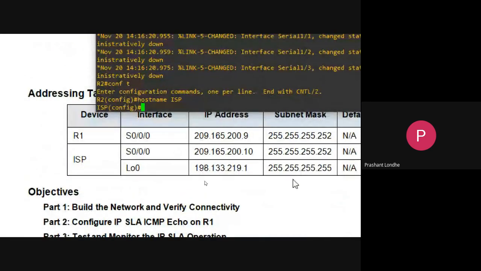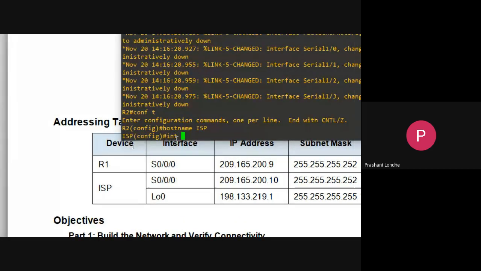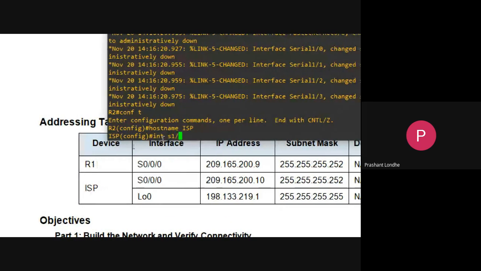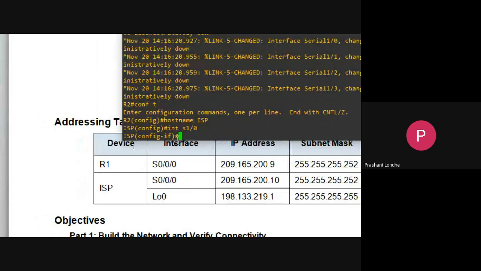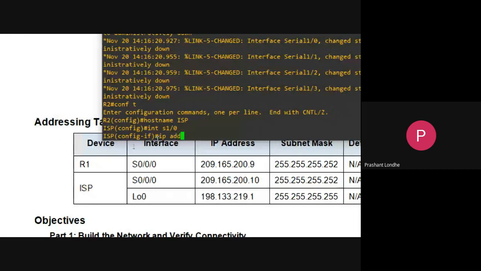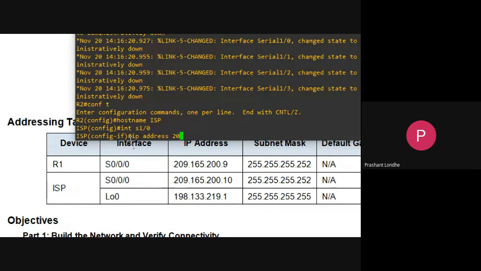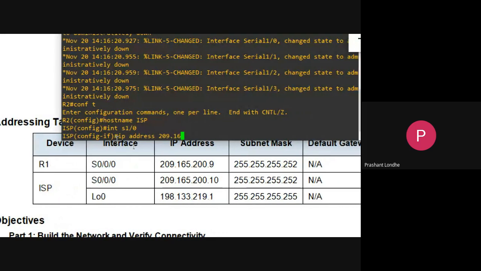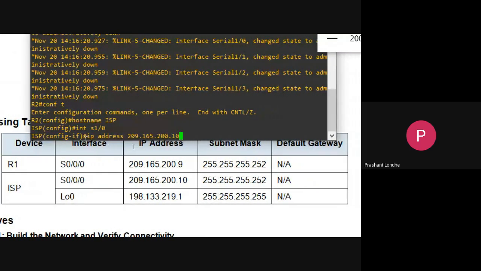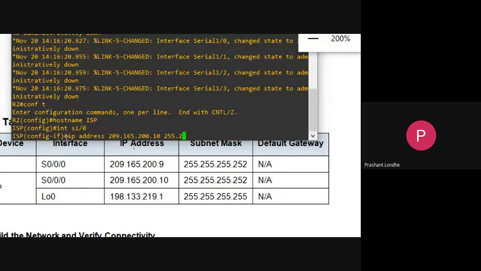Now, if you're going back, you can see the interface is a serial interface and the IP address is 209.165.200.10. The subnet mask is like this. So we will do the same thing. So int interface S1/0, enter, give the IP address, IP space address 209.165.200.10 and the subnet mask will be like this.